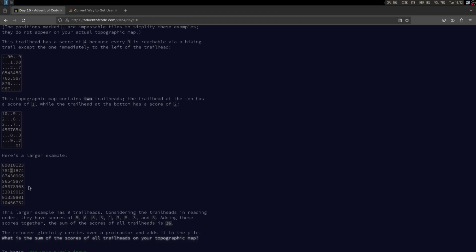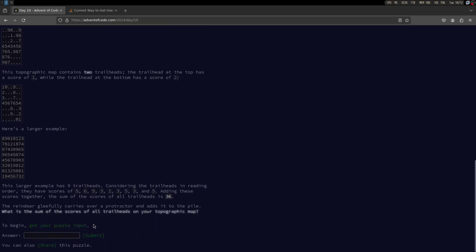So we don't have to count the number of paths, we need to count the number of times we reach a different 9. But I'm not even sure that's gonna be a problem. Whatever. For part 1 at least, I'm not sure what part 2 could be, like number of different paths. That's gonna suck, but